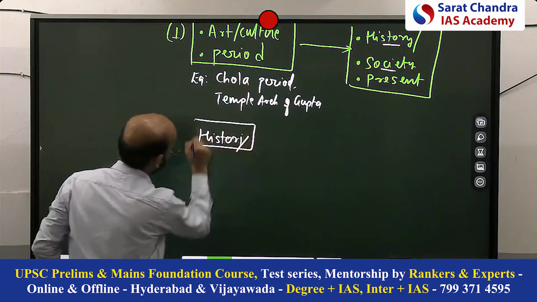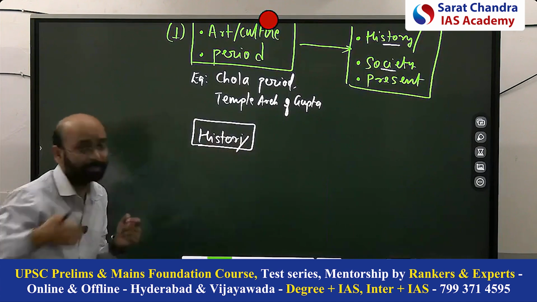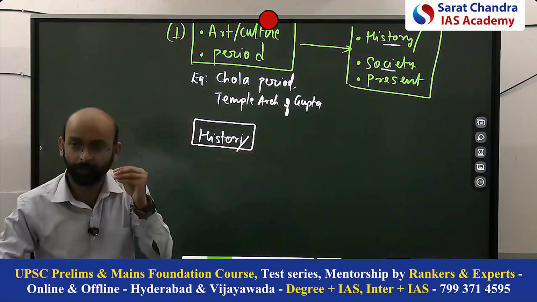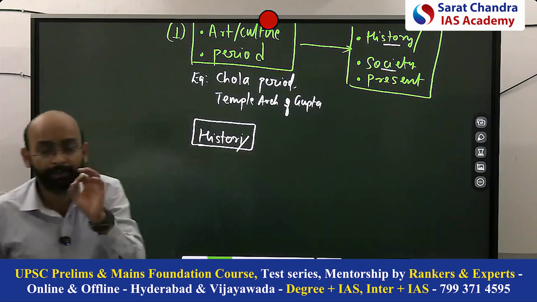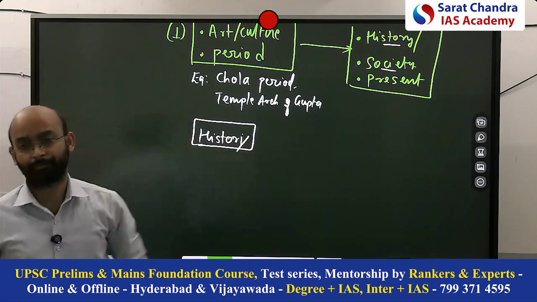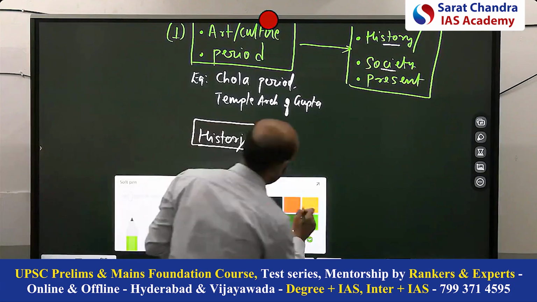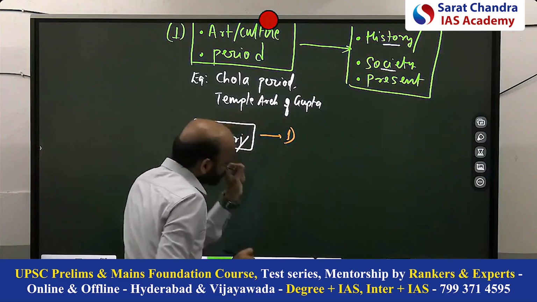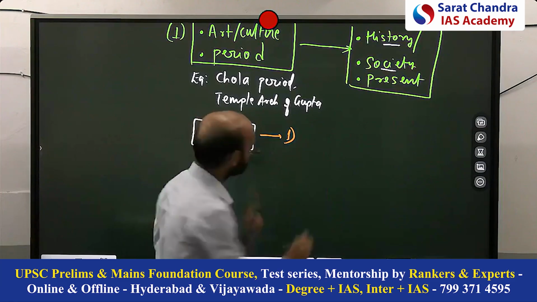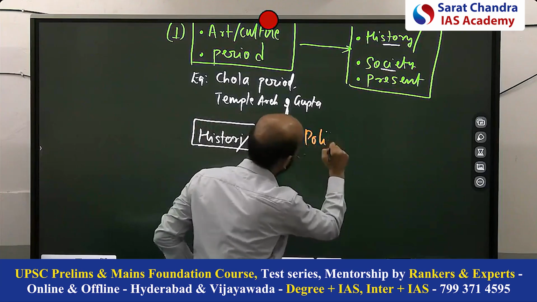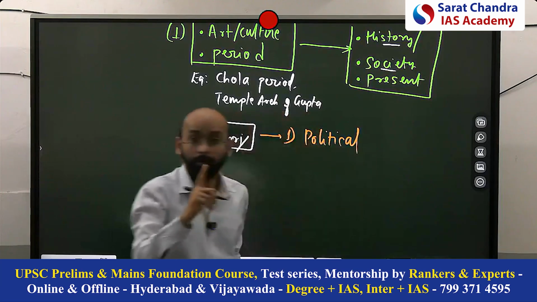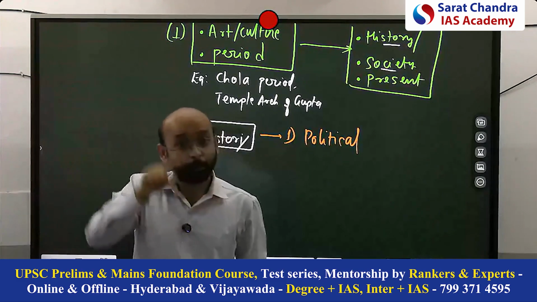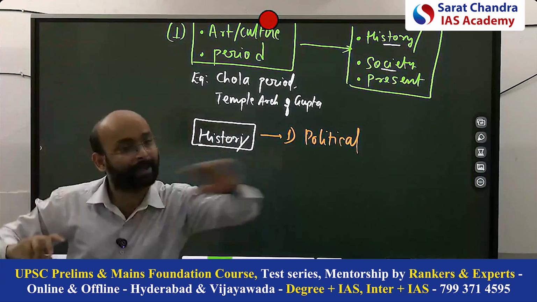the history dimension, how will we divide history? We have to think that. If we have to give the significance for history, in what dimension can we present it? You must have got the answer here. The first significance is the political. You have to write the first point as the political history. Why? Because politics is something which determines the other aspects.